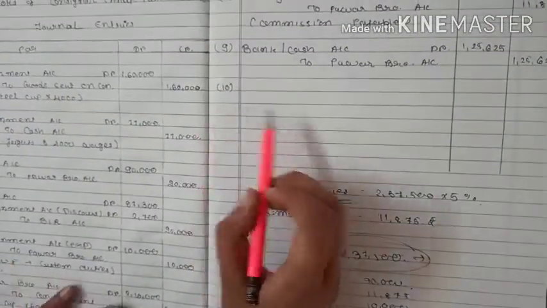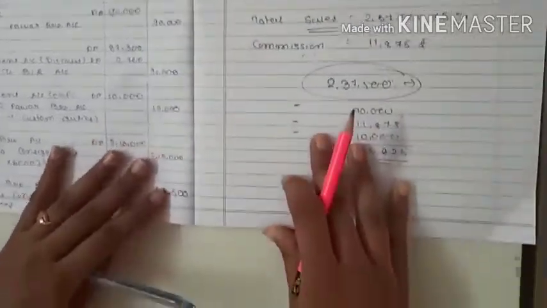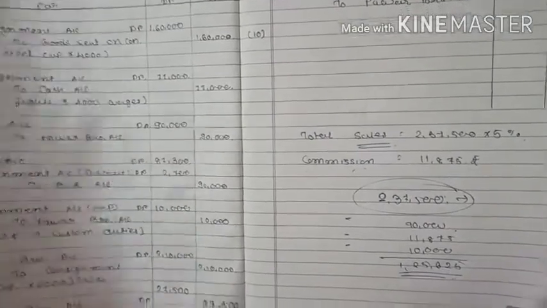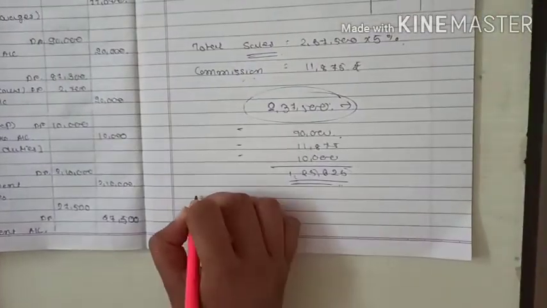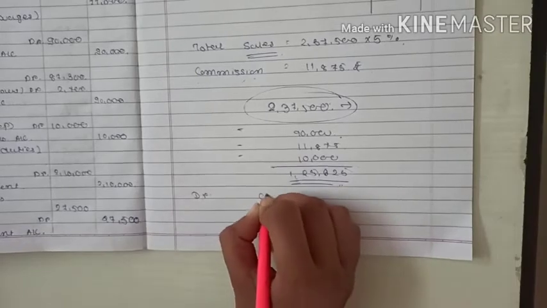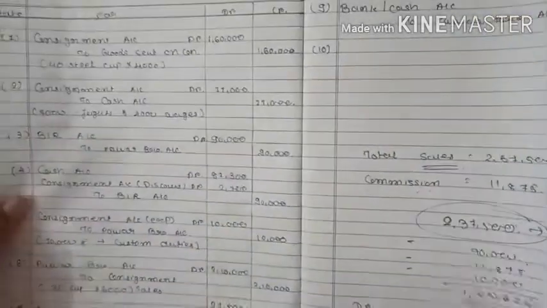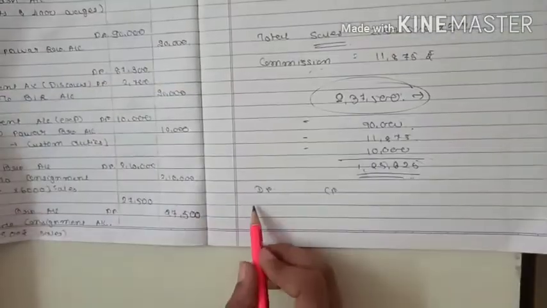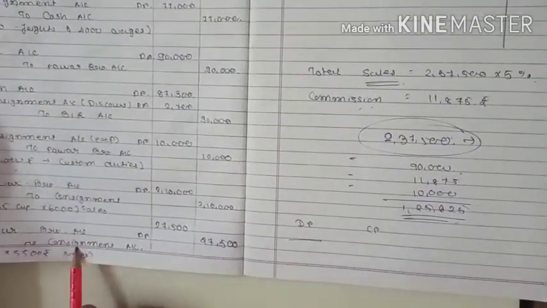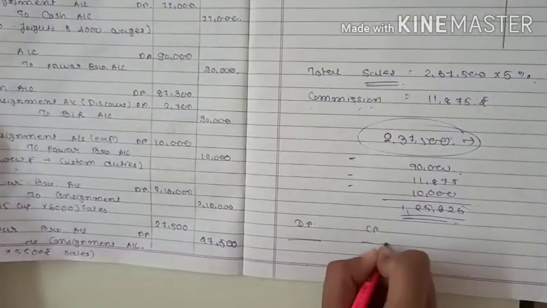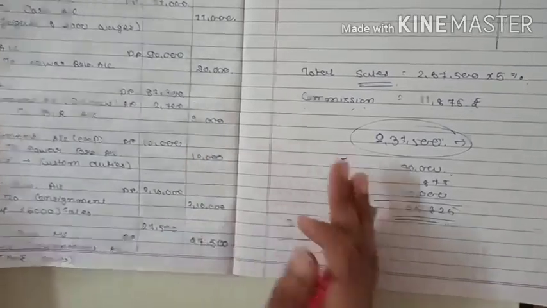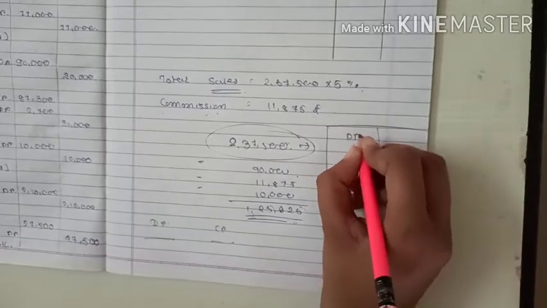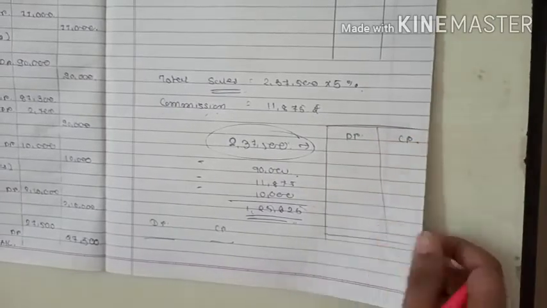Now how can we find out the profit or loss? We will calculate it from the journal entries. We will write debit and credit simply. If the consignment account is debited, we will write it on the debit side. If the consignment account is credited, we will write it on the credit side, and then we will find whether there is a profit or loss. So I will make it here as rough work, with a debit side and a credit side.